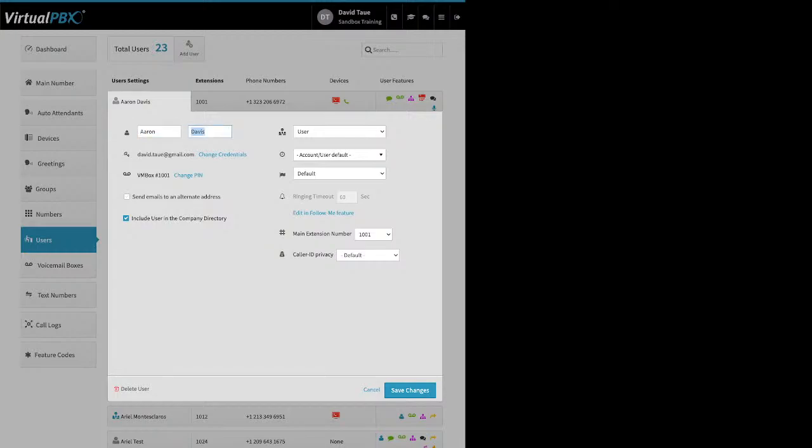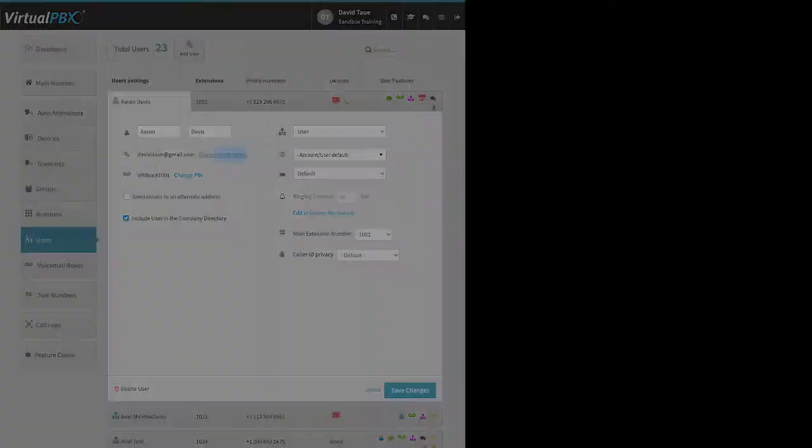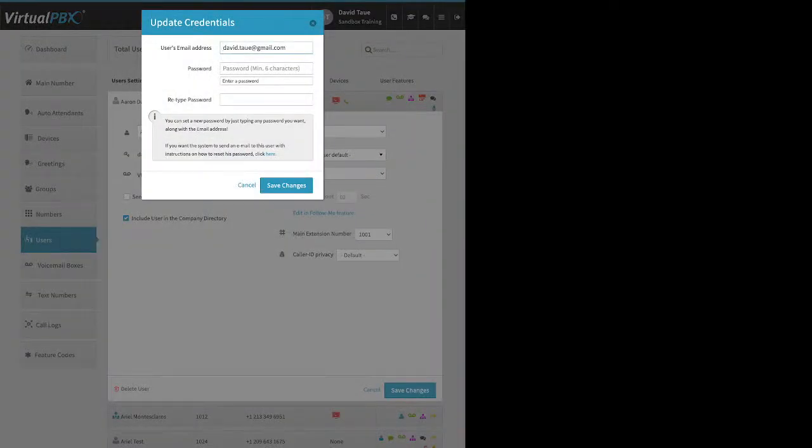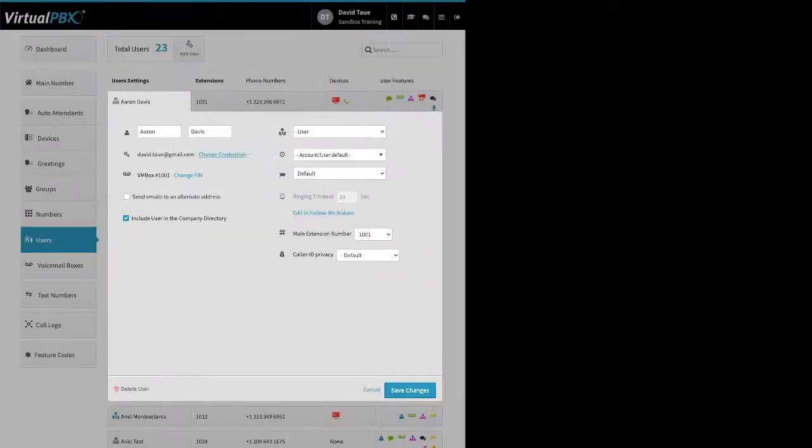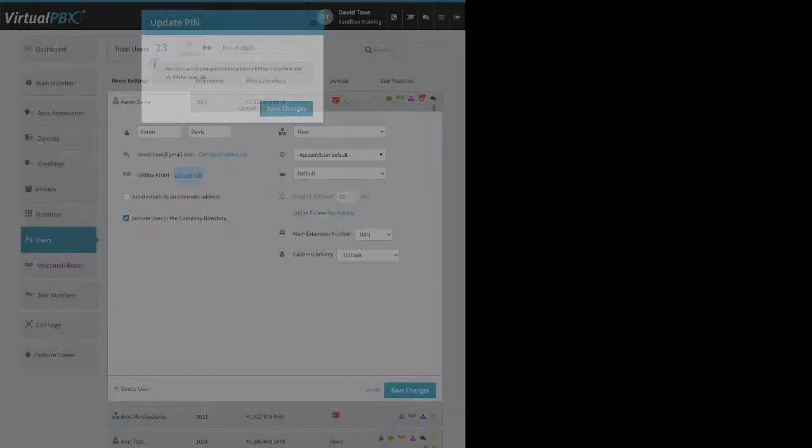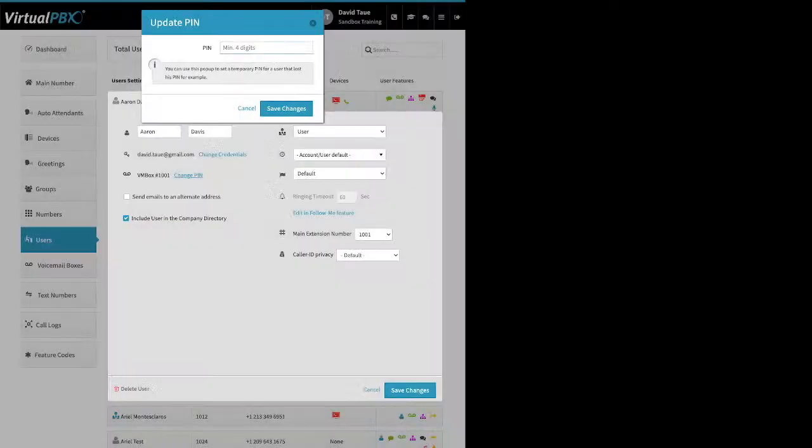So if you need to, you can change their name, say someone has a name change. Here, you can change their login credentials. You can either change their email address or their password. You can also have the system send them the password reset email. Here you can change their voicemail box PIN number